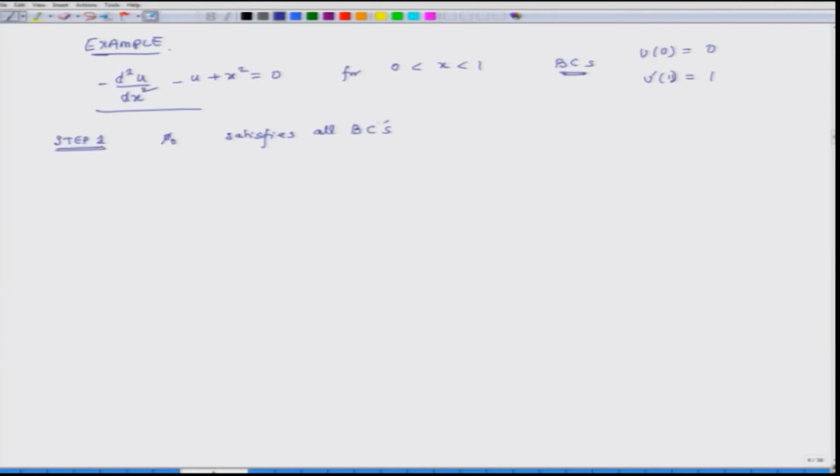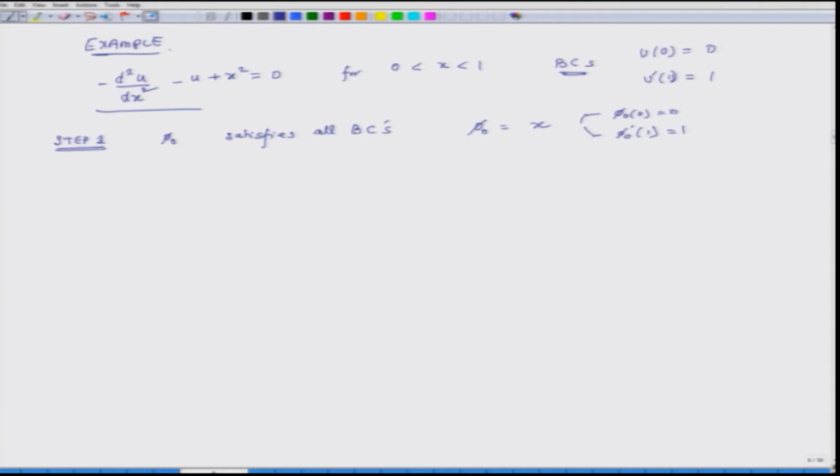One boundary condition is at x equal to 0, u is 0; the other boundary condition is that at x equal to 1, its differential is 1. So we choose phi naught equals x, and it meets both the boundary conditions. The second boundary condition, u prime at 1 equals 1, is a non-homogeneous boundary condition. The first boundary condition is a homogeneous boundary condition. So we see that phi naught at 0 equals 0 and phi naught prime at 1 equals 1.